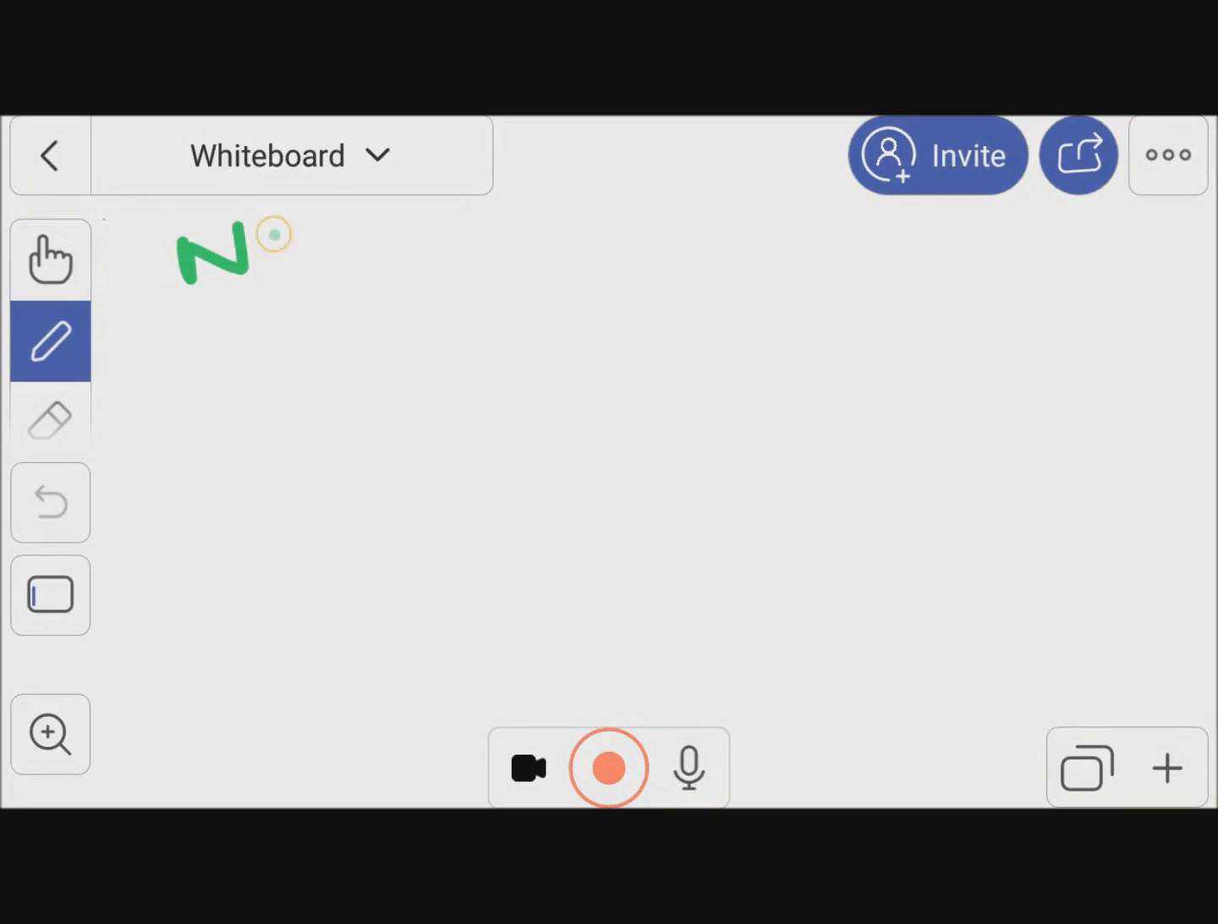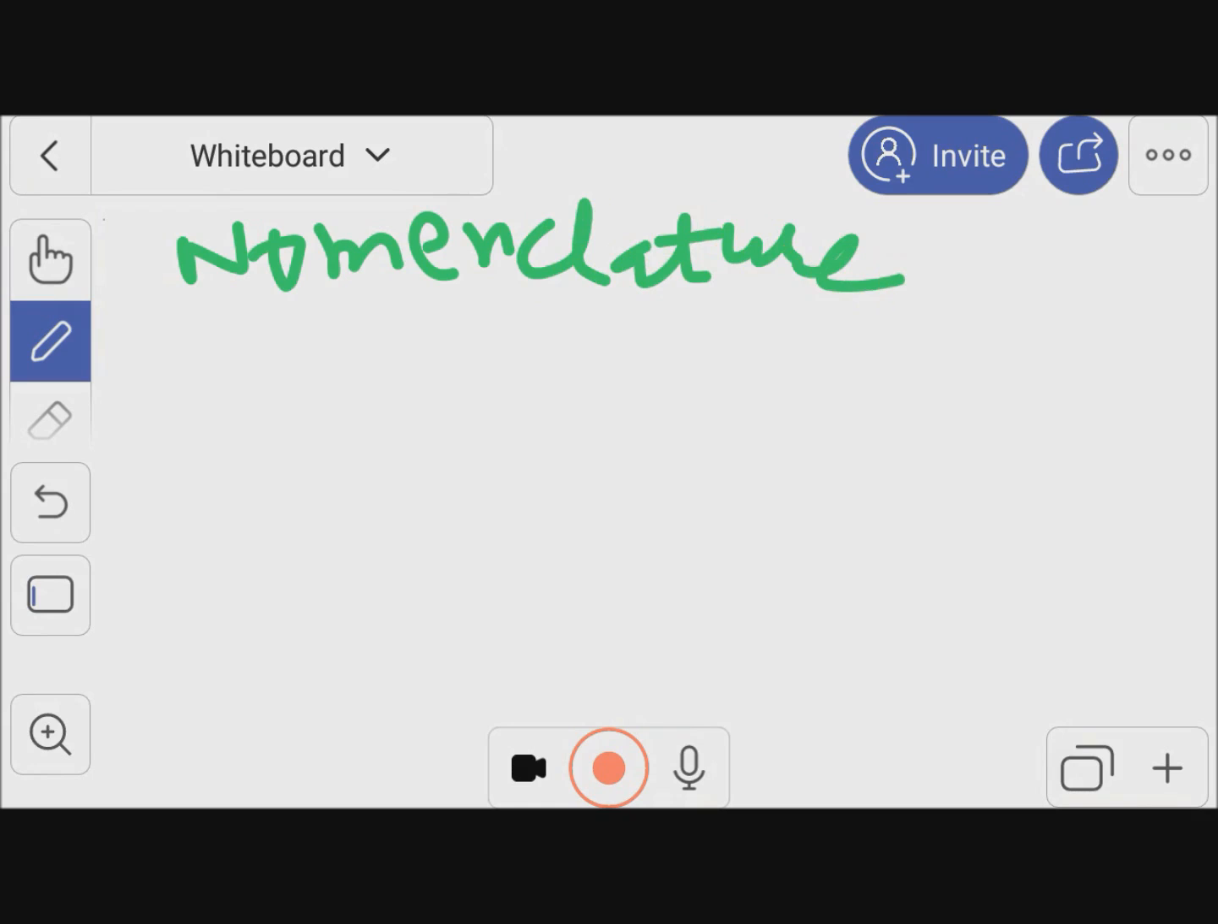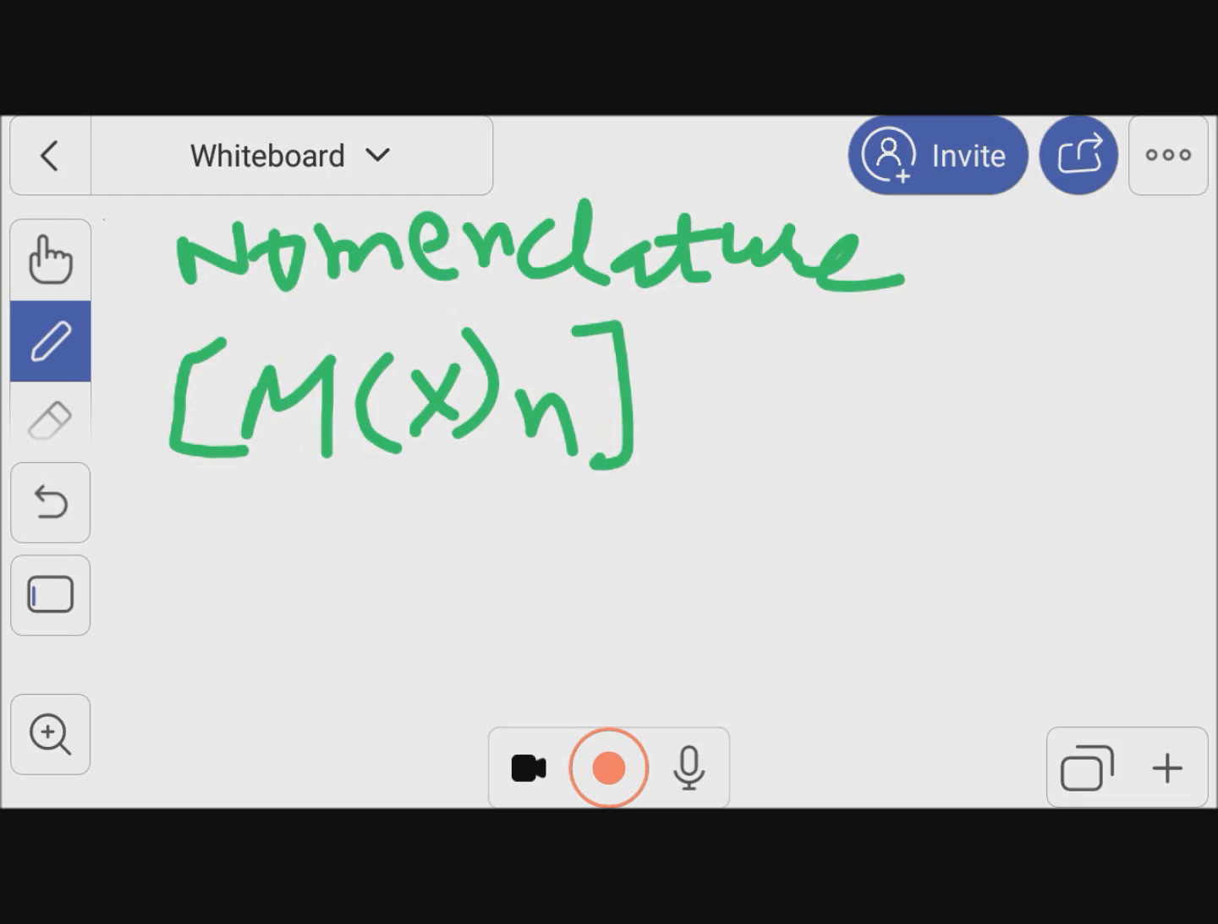Nomenclature of coordination compounds. Our next topic is nomenclature of coordination compounds. In nomenclature, according to IUPAC, which is the International Union of Pure and Applied Chemistry, the naming of the coordination compounds according to IUPAC is